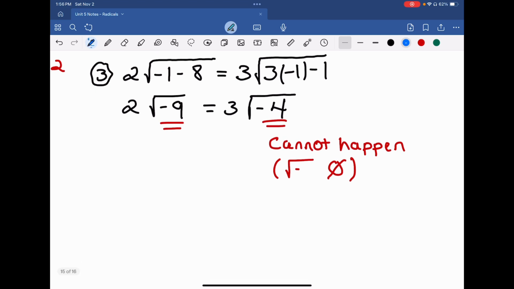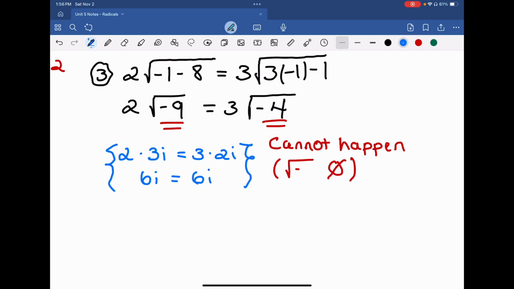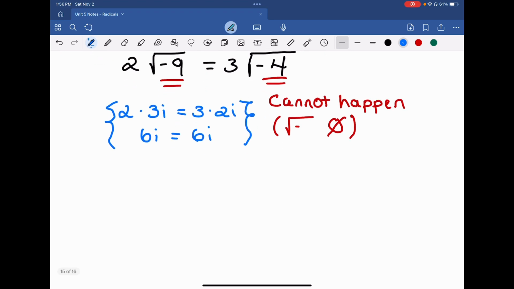Right below this, if you actually wanted to solve this and you were getting imaginary solutions, it would look like the following. 2 times the square root of a negative number actually makes it i. Square root of 9 is 3, so this would become multiplied by 3i is equal to 3 times 2i. And then this is 6i is equal to 6i. And you'd be like, okay, well, 6i equals 6i. These are imaginary solutions. Yes, they're equal to each other on both sides, but you do not talk about this until